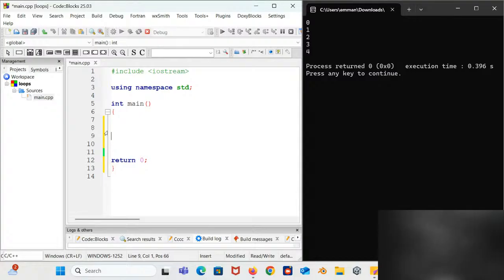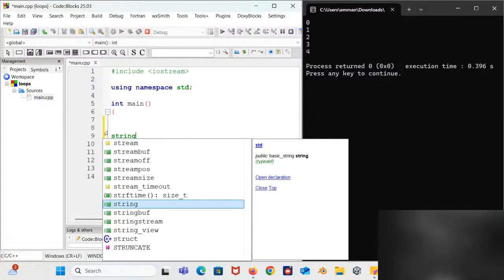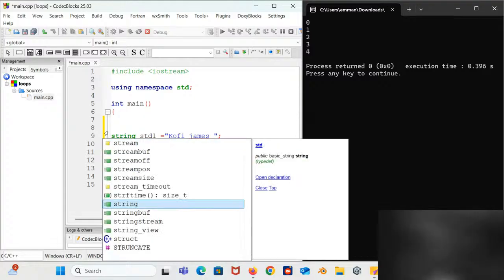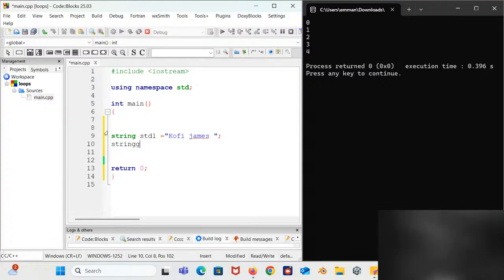Imagine you have to come and say string student one, then Kofi James, then you end this. Then string student two, then Yao, whatever you have. Then string student three. It's going to be very, very tedious, right?